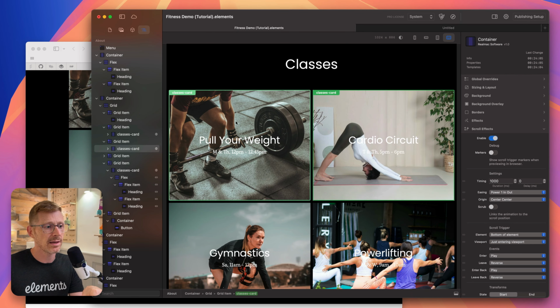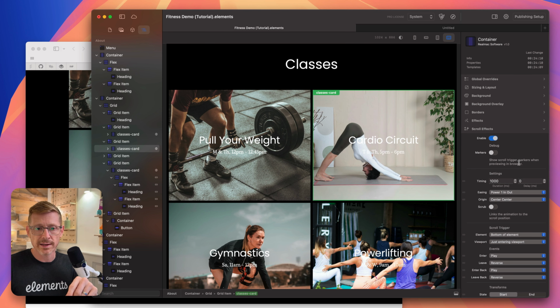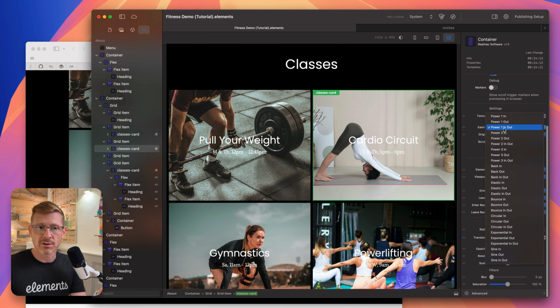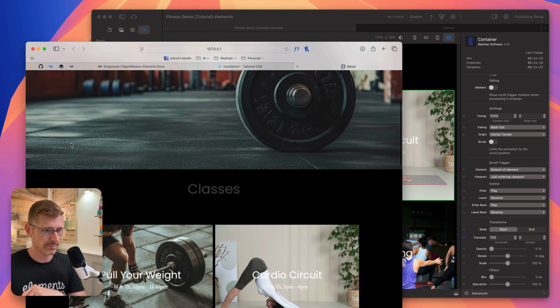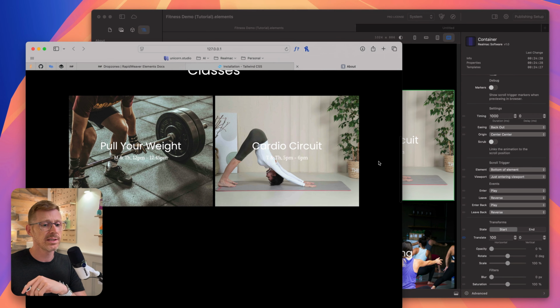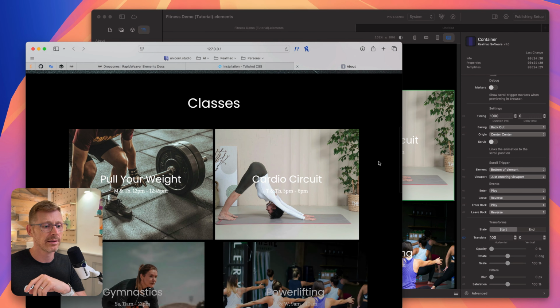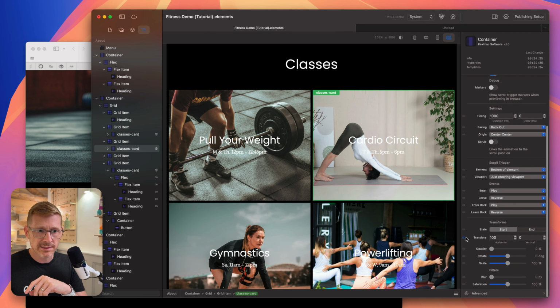So if we go back to here, I've got my global classes card, and I've got scroll effects selected, and we can change some parameters on here. We can change the way they move in. So let's do back out, and that should give a bit of a bounce on it. Let's try that. We'll scroll down, and you can see they go in and they overlap a little bit there before they move off. And to make things even more exciting, we could scale them